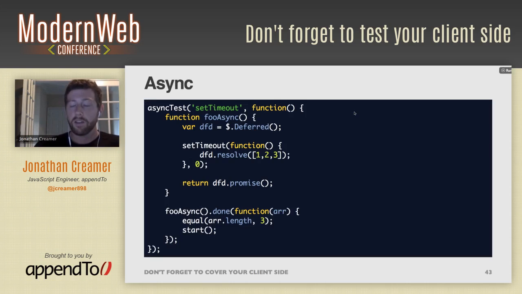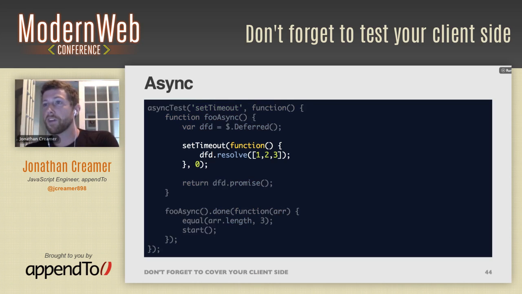JavaScript is inherently asynchronous, right? And so testing asynchronous code gets really hairy because you'll run some code and then the event loop goes to another cycle and your test doesn't run. So QUnit has this async test rather than just test. And what you can do here is, if I'm testing some sort of function here that does, like, this is obviously, again, an arbitrary example, but if this was an AJAX call that was going off and doing something, or if you're doing something in like an animate, just something asynchronous,